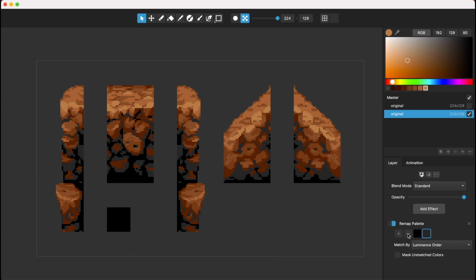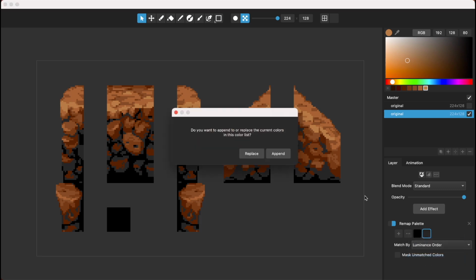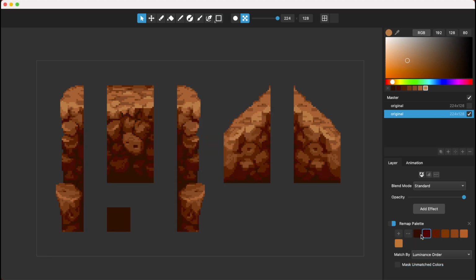But what I can also do is click on this and say add document palette. It will take this palette up here and add it to my remap effect. And I want to replace it. Now this will look like it's doing nothing, because it's remapping that document color to this color and that document color to this color, and since they're all the same,